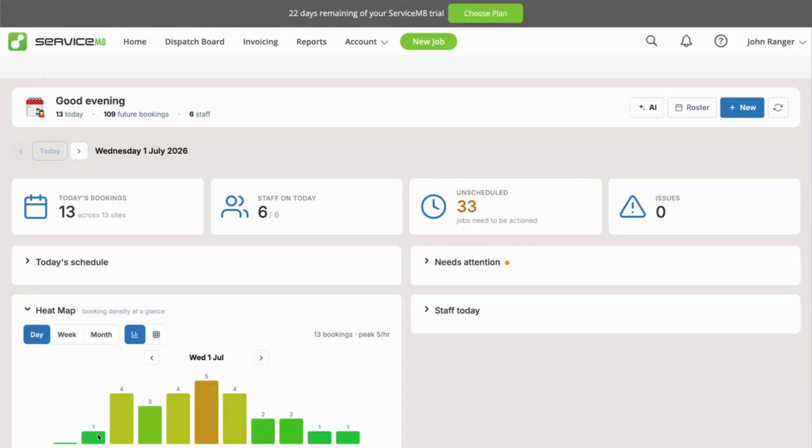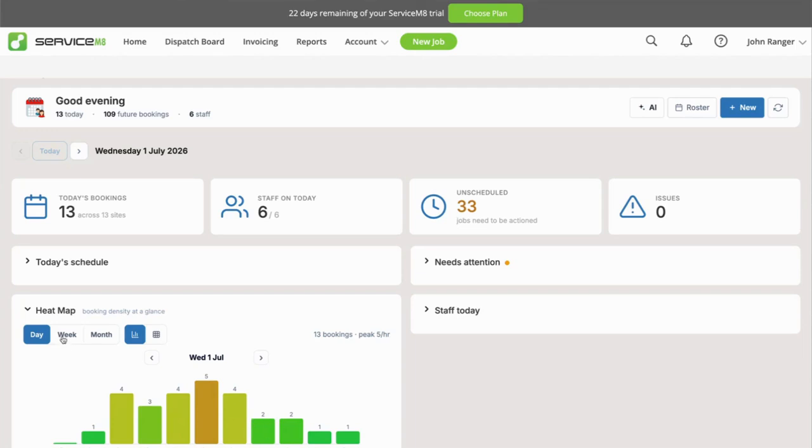So you can see in this case we're set to the day, and over the course of our day our heat map shows that we have some jobs initially in the morning and they start peaking around 12 o'clock during midday, and then towards the end of the day they sort of drop off again. So this can be quite handy for an admin trying to figure out which particular part of the day is